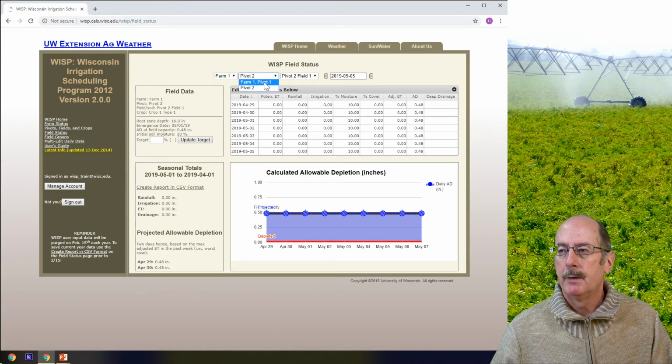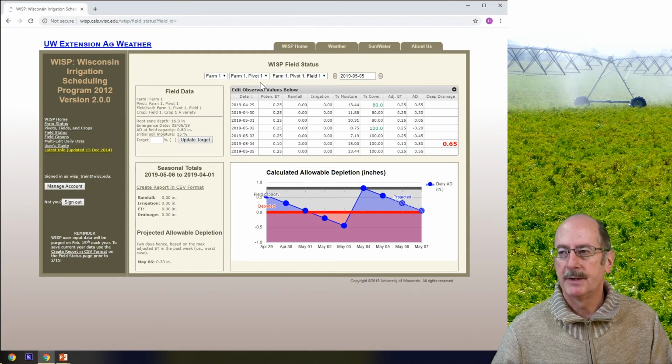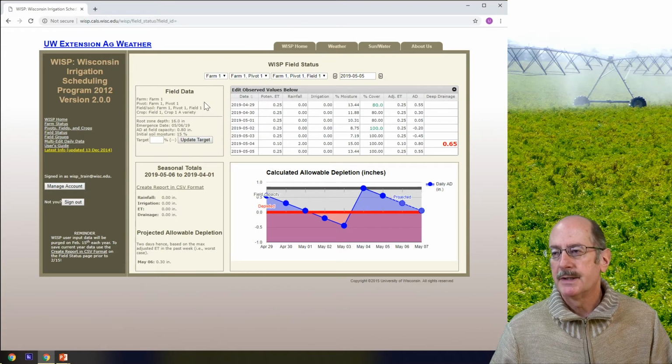Up on the top here, we have drop downs where you can select your farm and your pivot. I'm going to select pivot number 1 because it has some things here I would like to illustrate. You can also select the field, and there's a date range over here that can be selected.